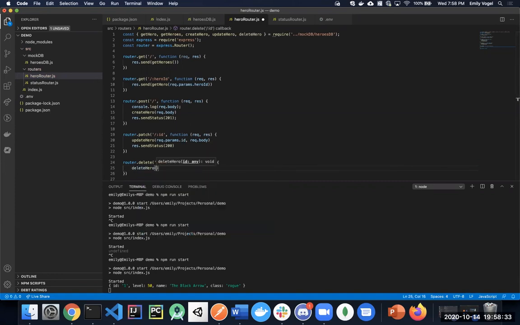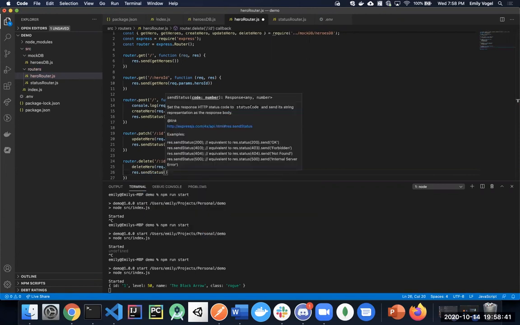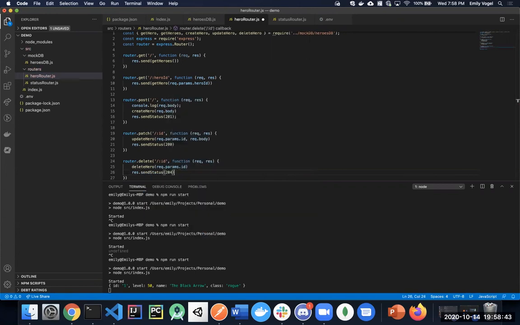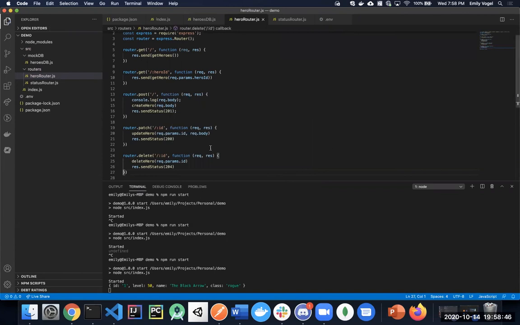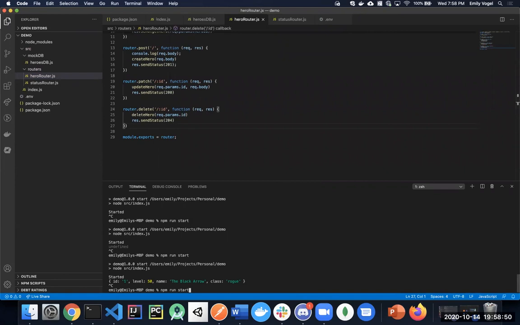Call our delete hero method. And we're going to send a status like we did before of 204. All right, so if we restart this,